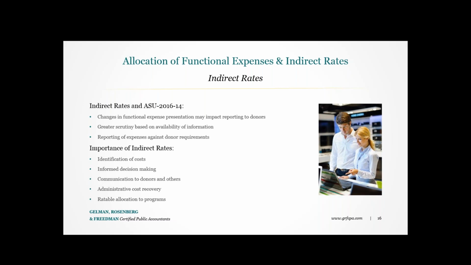Administrative cost recovery. These are the costs that represent a fair share of what is due for allowable non-program, non-direct project costs that, of course, are necessary to carry out the project or the program. And ratable allocation to programs can be accomplished easily if the cost assumptions are clear and reasonable, and the organization has a reliable accounting system that properly tracks and reports all types of costs. When a good cost allocation policy is in place, these assumptions can be very easily communicated if they're ever requested by donors and others.